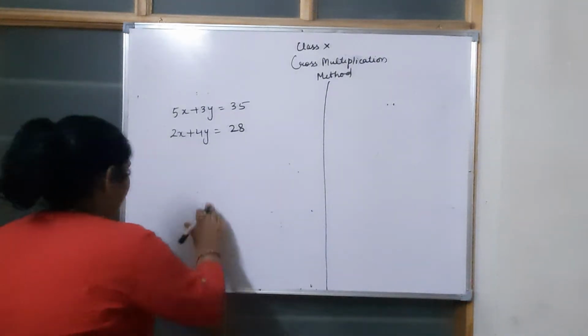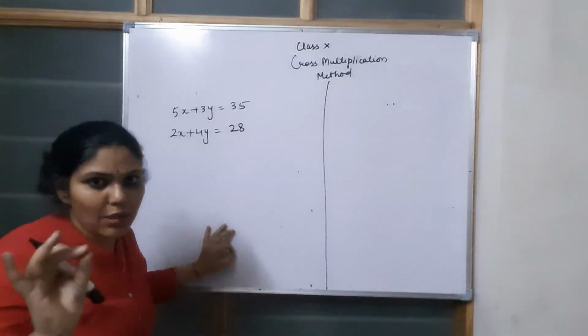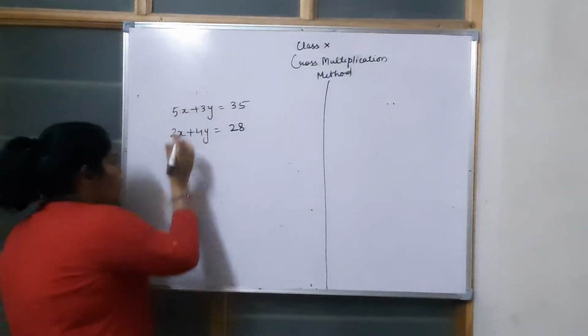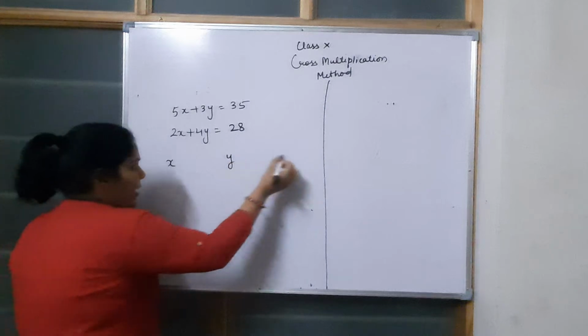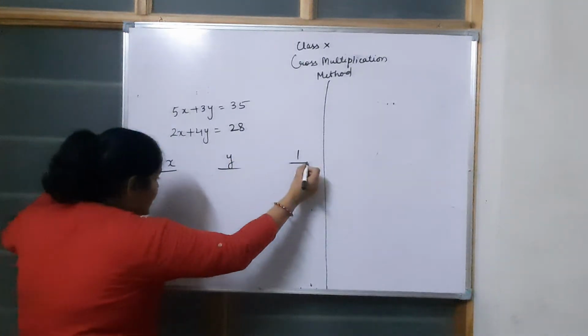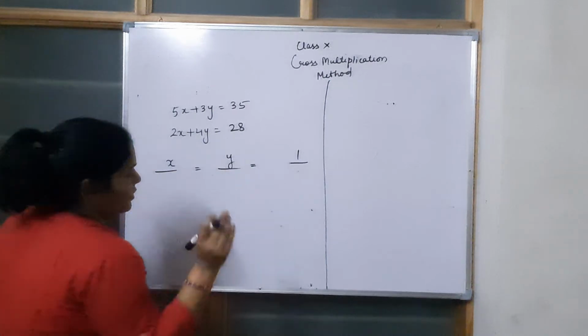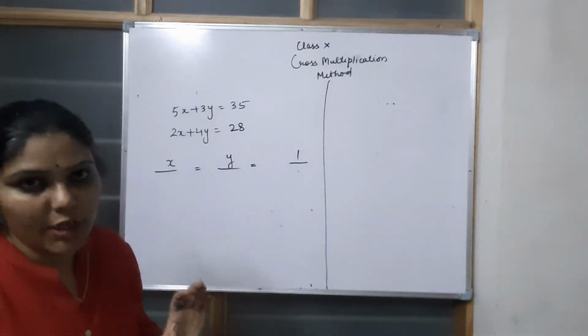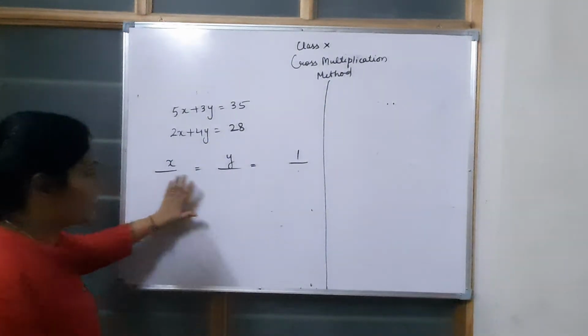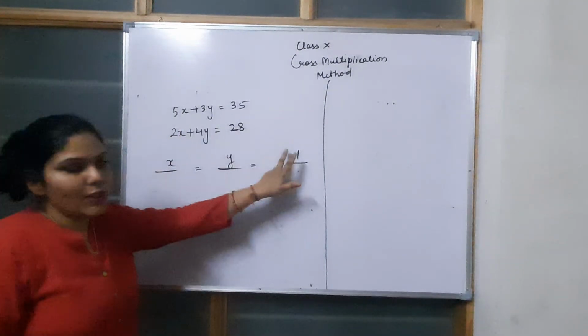So how would we do that? Just look here. Easiest method I am just trying to tell you. So what you have to do, here we have two variables, so you just need to write x, y and 1 here. Fine? Class, this is very much easy. You just need to learn it properly. X, y and 1: two variables and the constant term.